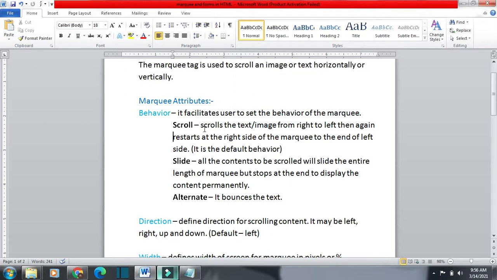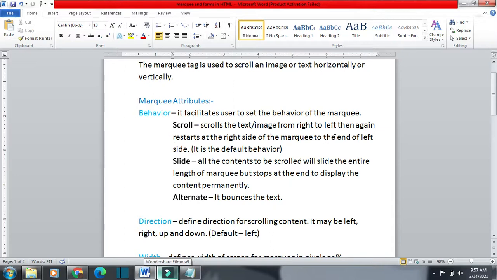What happens in scroll? It scrolls the text or image from right to left. You can see right now scroll is working. It is scrolling the image from right to left, and what will happen?